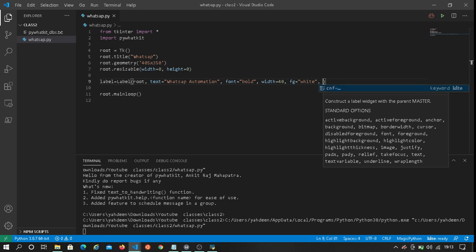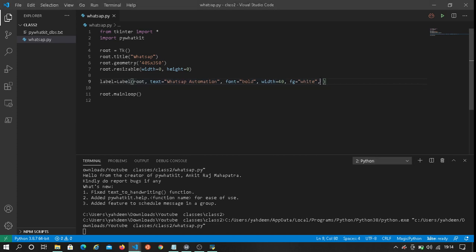And background, BG in Tkinter, we'll set it to black.